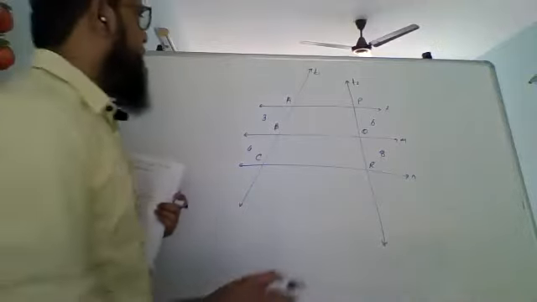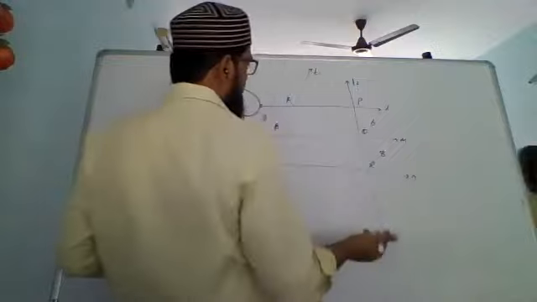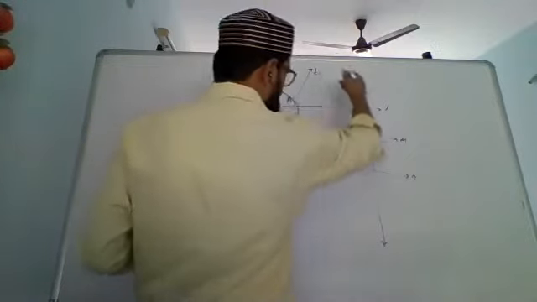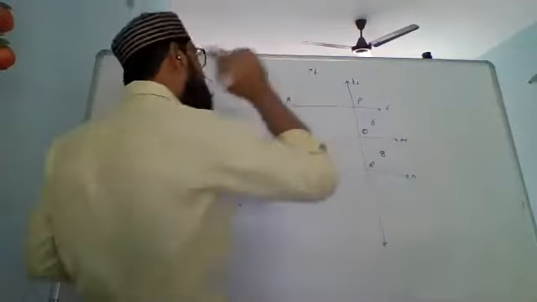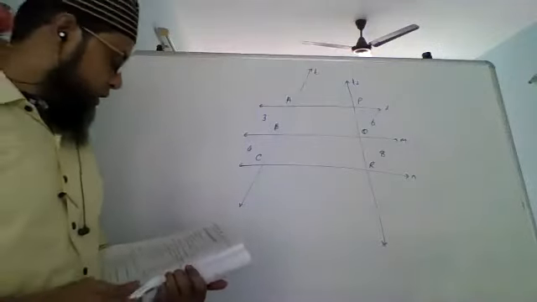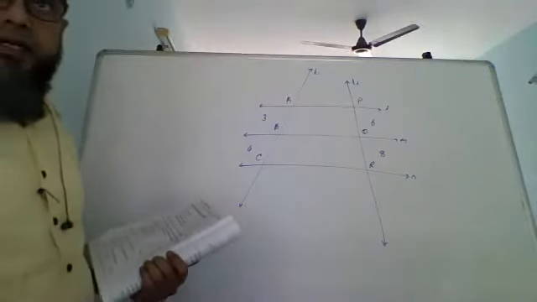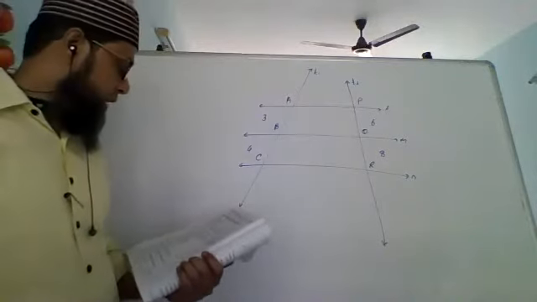It does not say that this will also be 3 and this will also be 4. It will be in the same ratio, because you never know, the transversal might be like this, but the ratio will always be the same. Okay, that is what it says. So we will prove that when we write it. Okay, we are going to do it. So please write down theorem.